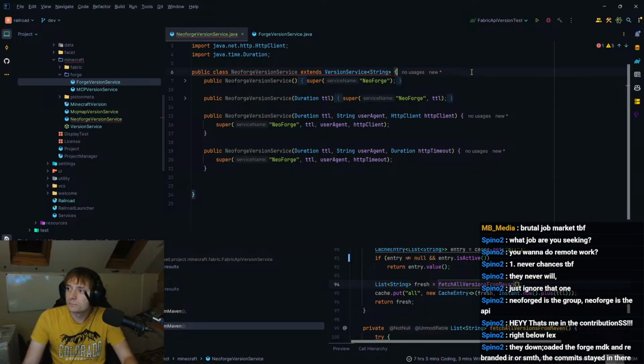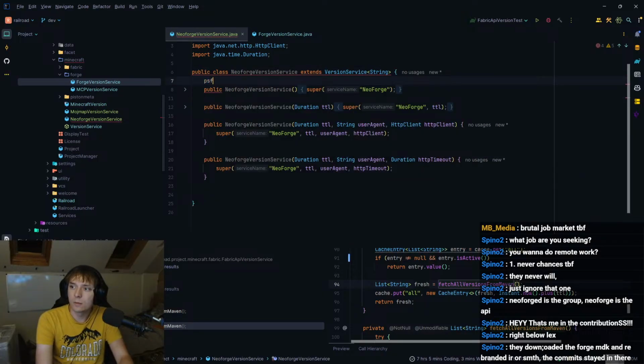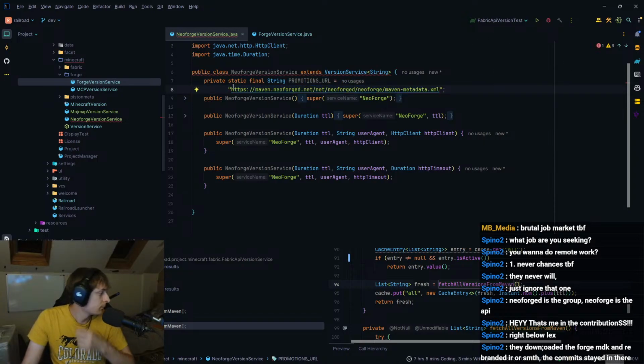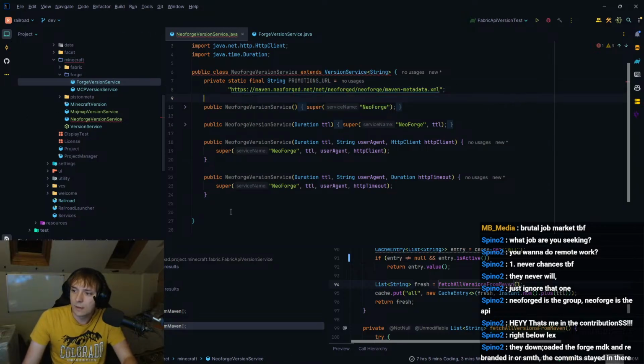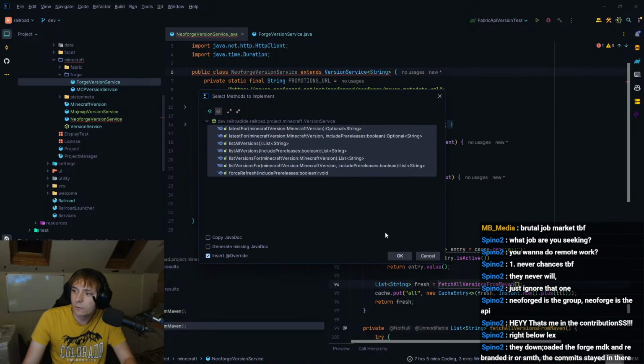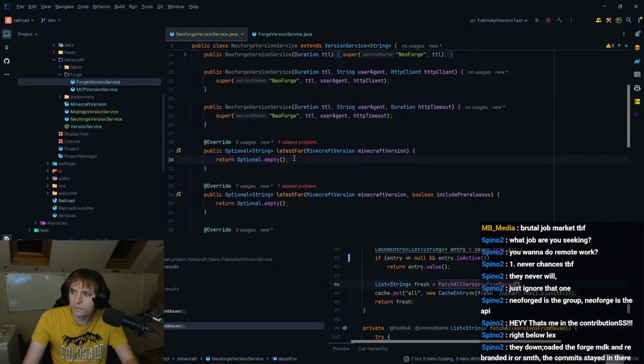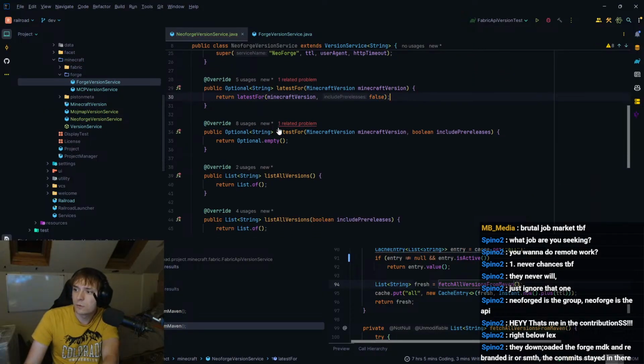So, we can make it private. There we go. And we can use that. So we can implement methods. Boom. Okay, this is just going to be latest for false.